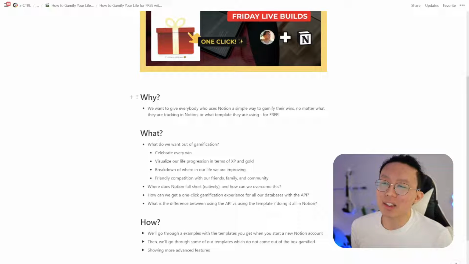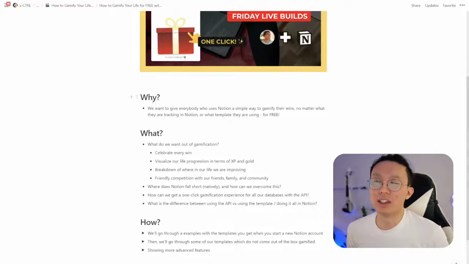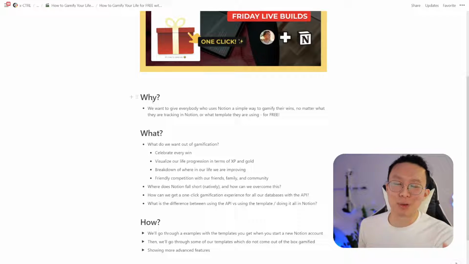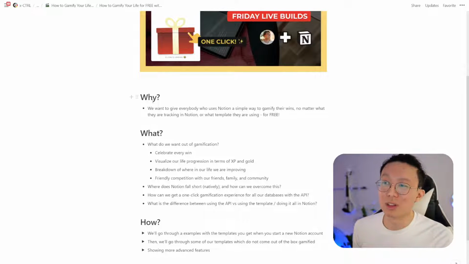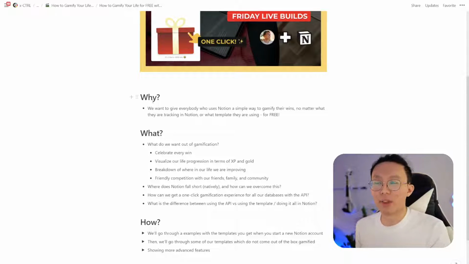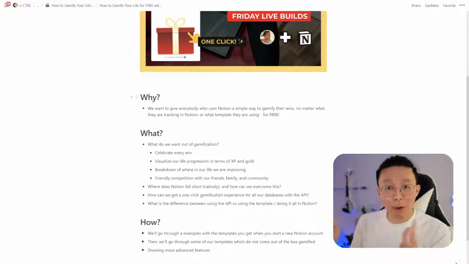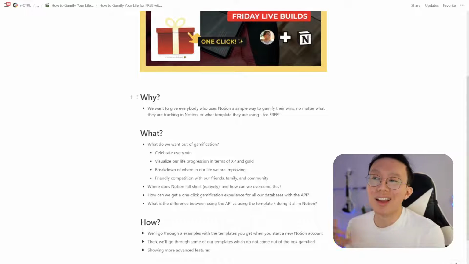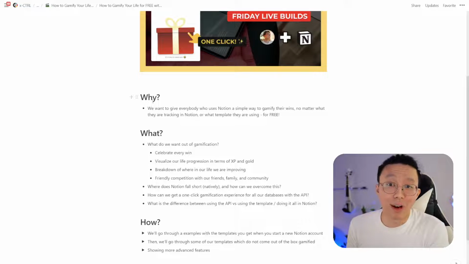And the last thing is friendly competition. Unless you decide to share your whole Notion database with someone, it's really tough for someone to see exactly how you're competing and how you're finishing certain things. Especially there's no shared measurement system, right? You might have a different way of quantifying your wins in terms of reading a book or doing a to-do list. And someone else might have things that they're quantifying. And how do you compare both things on the same spectrum? You need a shared measurement system to do that. And again, it's not something that's very intuitive to do in Notion, if at all, actually.